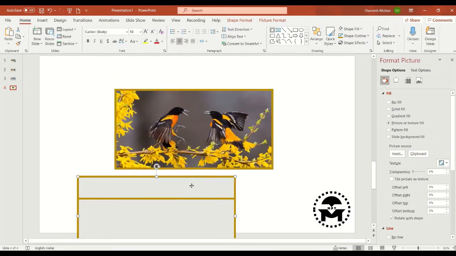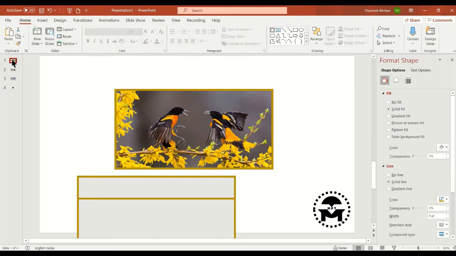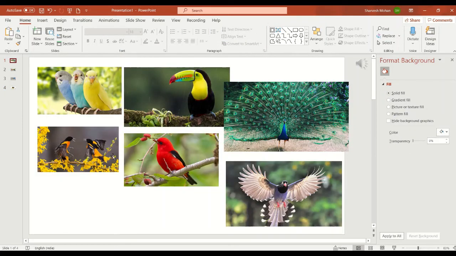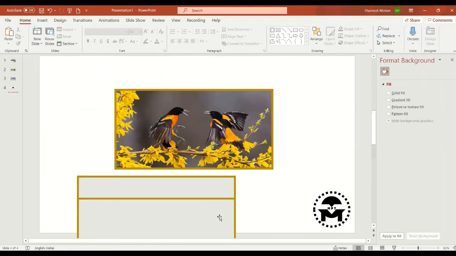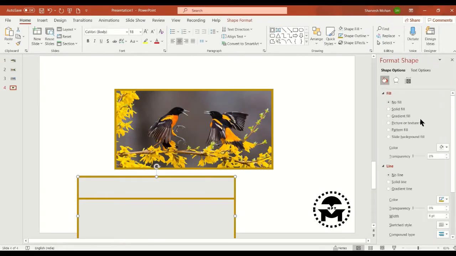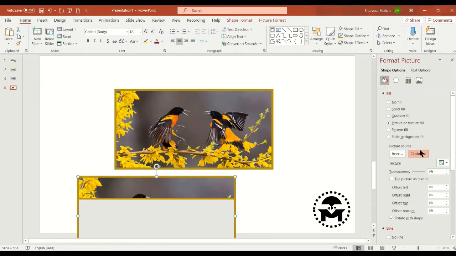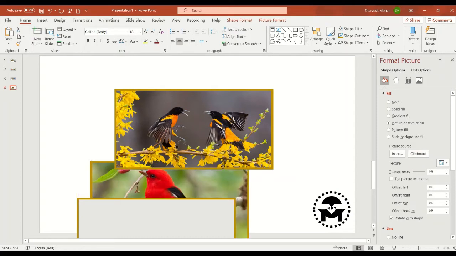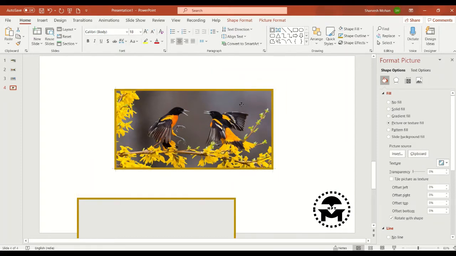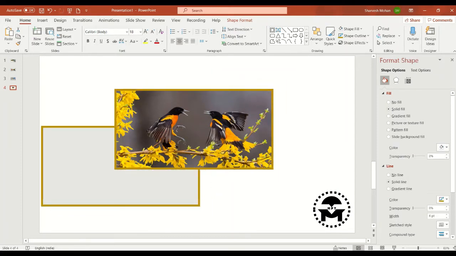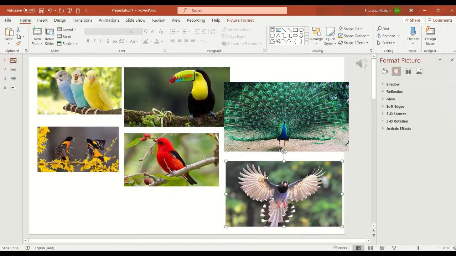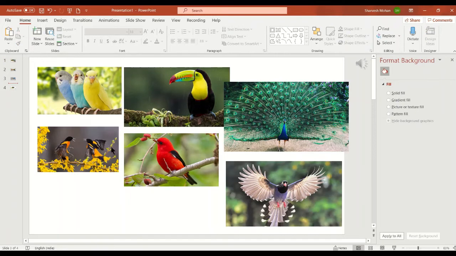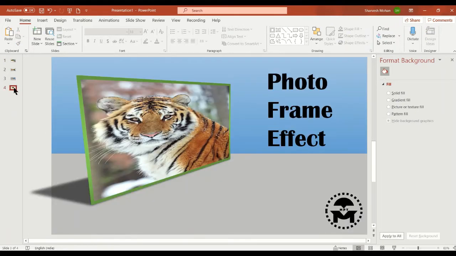Again go select this, take one more picture, copy, and the last picture, go there, copy this picture, select.